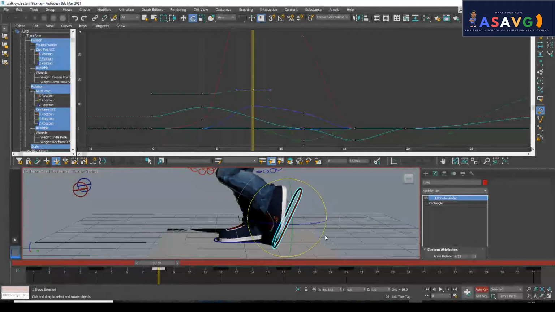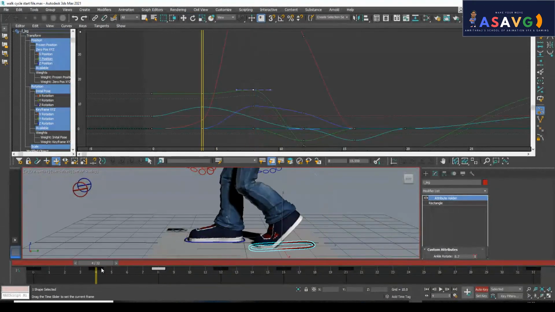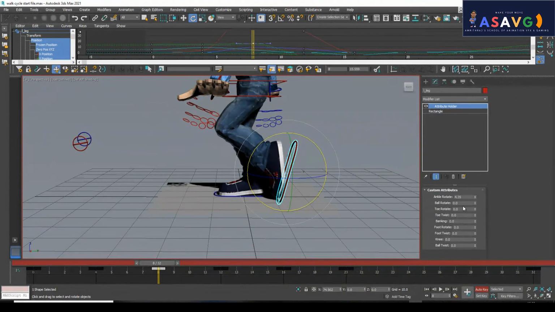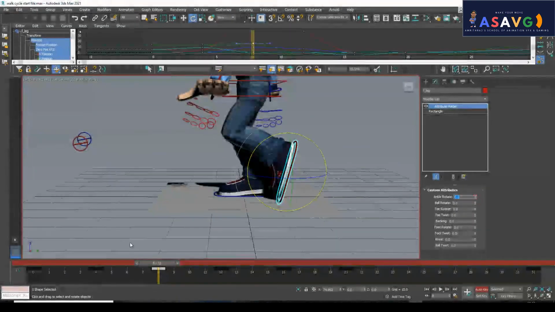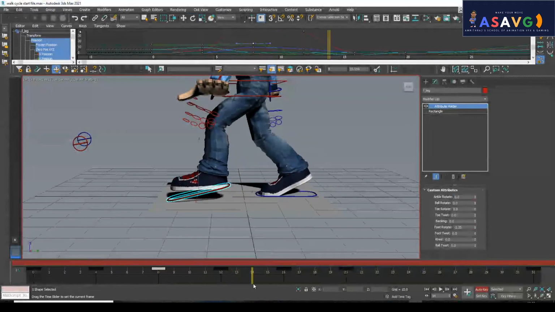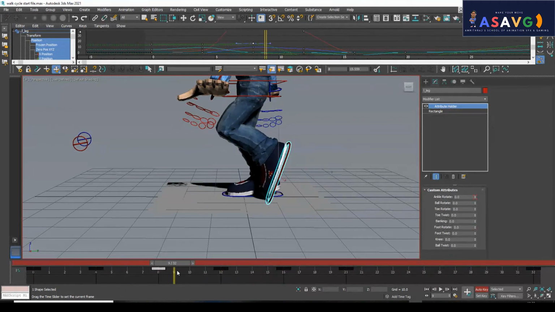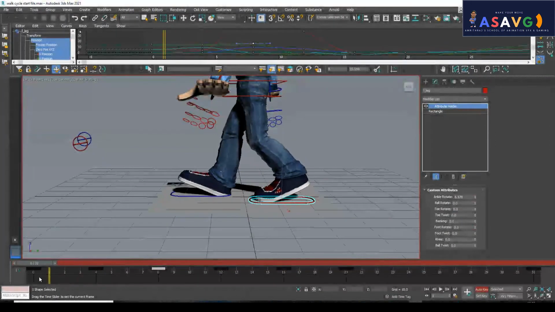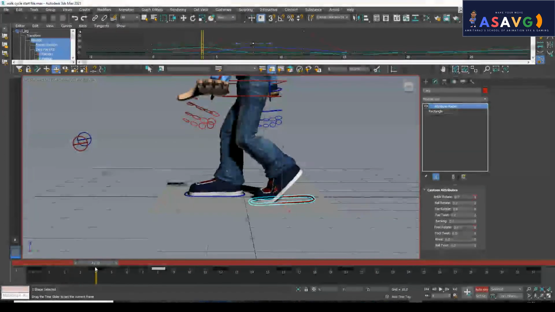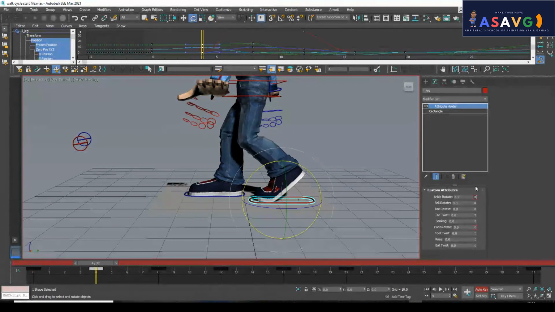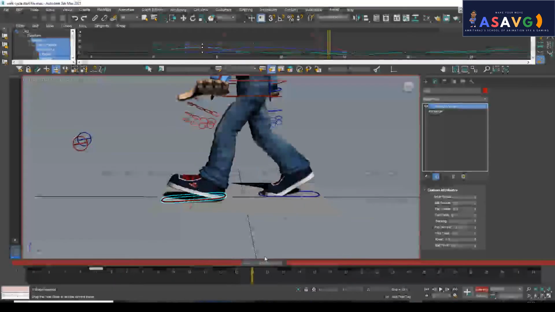So I will be making some rotation right here, okay, or else I will be selecting this, and there is no need of this. Maybe this is the problem. Yeah, this is the problem. So there's no need for that much ankle rotation. Understand? Okay, and make sure that this won't penetrate the ground. Understand? This won't be penetrating the ground. Okay. So I will be making this much. Okay.